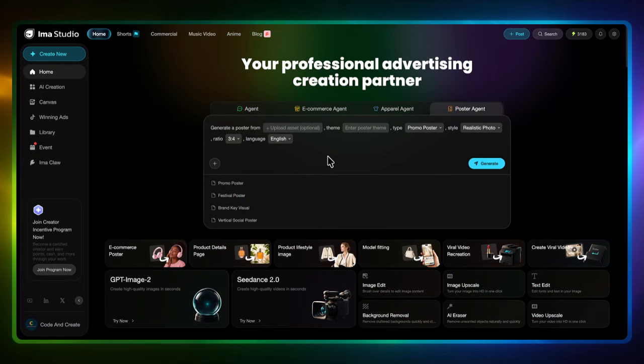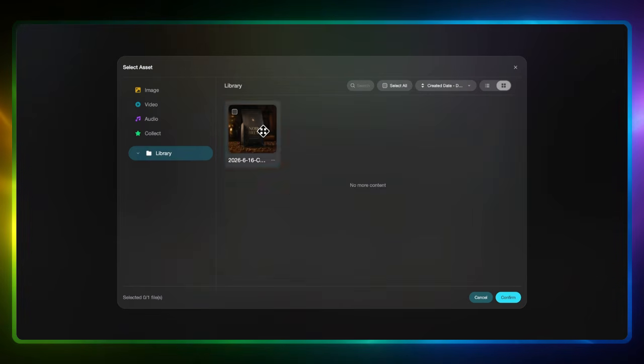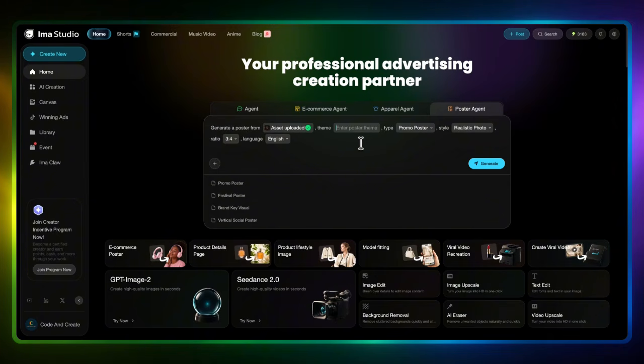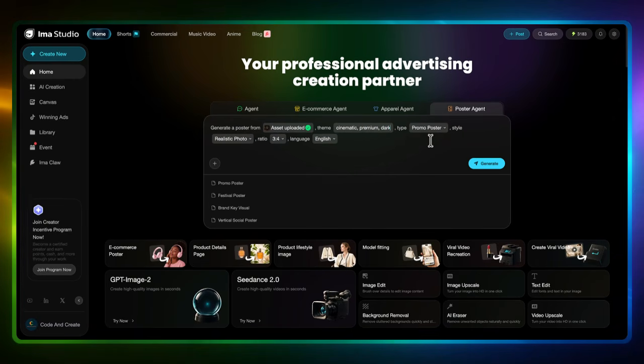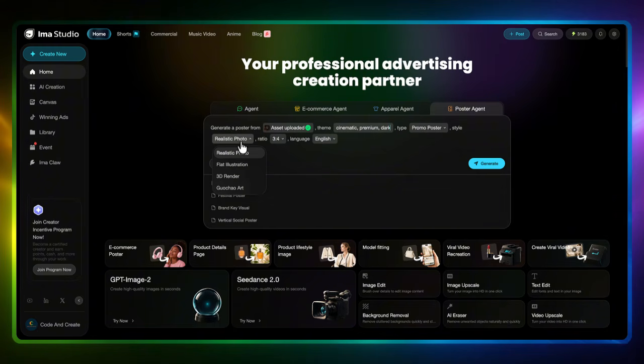Now that we have a strong product image, I want to turn it into a more finished ad creative. I'm going to move into Poster Agent, upload the product directly from my assets, and use the poster workflow to build a campaign-style visual around it. For the setup, I'll keep the directions simple but very clear: cinematic, premium, and dark. I'll choose promo poster as the type, realistic photo as the style, set the ratio to 3:4, and keep the